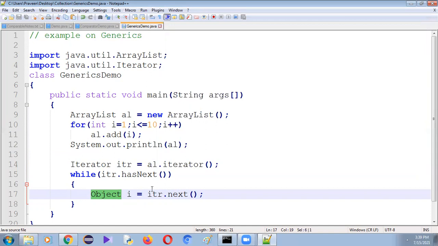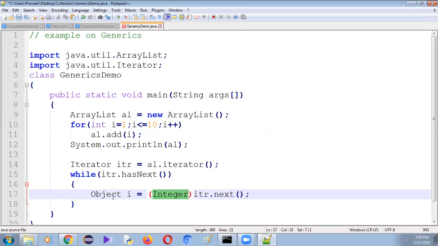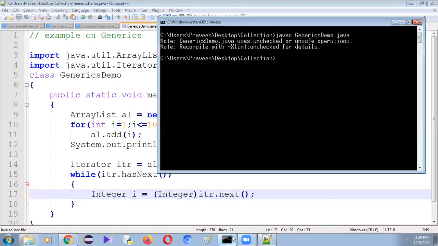So now I want to convert this particular Object to the Integer. So here I'm typecasting that Object to the Integer. Now let me say Integer i equal. Now i is of type Integer. Let me compile it. Yes, now it's compiled successfully.